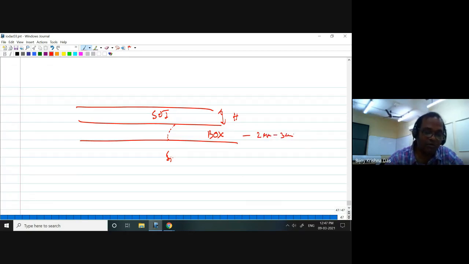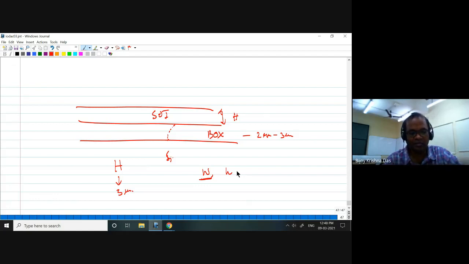Now if I ask you, for a given H, find the W value and small h value, a set of W and small h values, so that you get a single mode guidance. We have designed earlier, H can be as high as 5, 10 micron. So you have to find W and h values so that you get only one feasible solution which can give you a confined mode. Other solutions will be leaky modes. Their effective refractive index will be such that it will leak to the substrate.